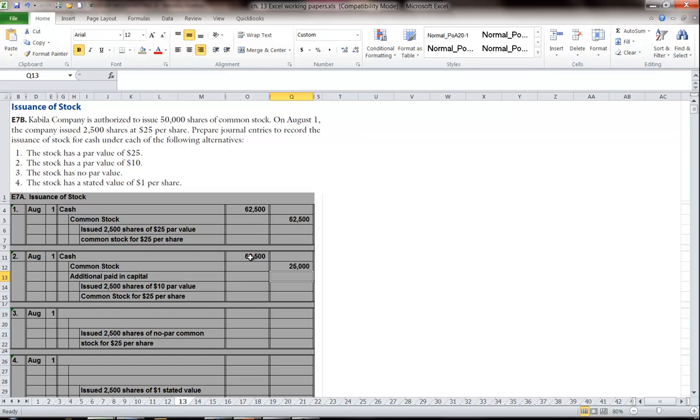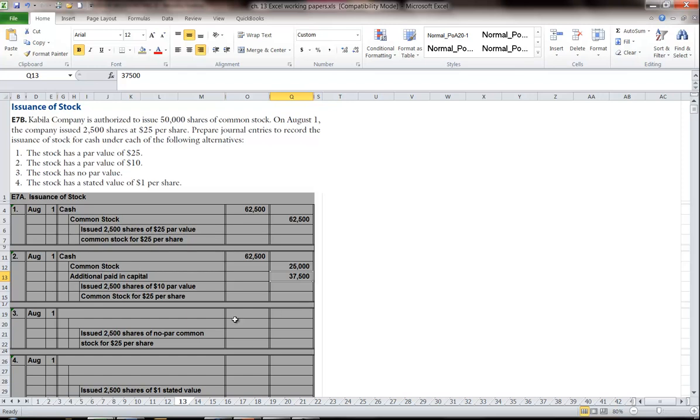So you can simply take the $62,500 minus the $25,000 and that gives us $37,500. Or you can see that, well, we sold it at $15 above par, and we could take $15 times our 2,500. Either way, you would still end up with $37,500,